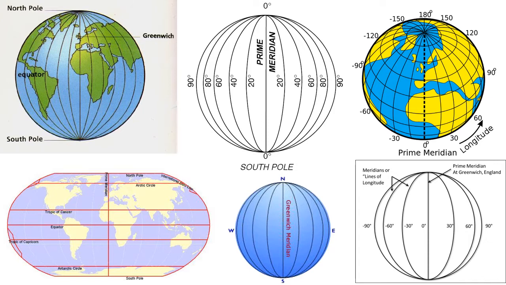Here we have some diagrams. We have 6 diagrams here. They show the lines of longitude. Okay, so in the first diagram, you can see where the North Pole would be located,